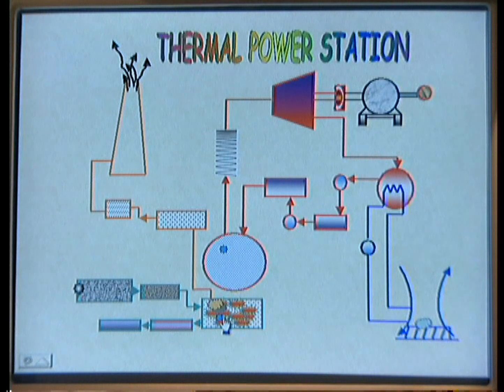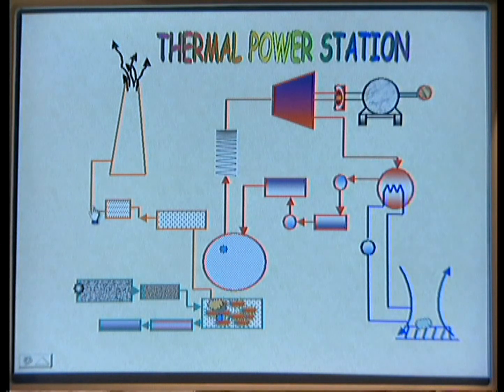And coming to the second one, that is the flue gases. The flue gases take nearly 15% of the heat developed in the furnace. Why should we waste the 15% of the heat? Hence, we use the economizer. The economizer is a device that collects some heat energy from the flue gases, and that heat is utilized to heat the water for feeding to the boiler.